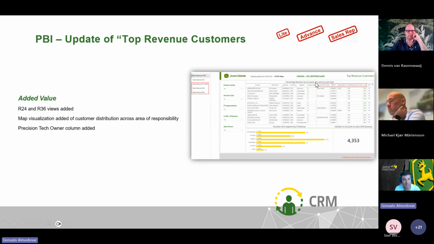So you can track many, many other things for the rolling 12, 24, or last rolling 36, plus a map. You have a nice map visualizing those customers, which represent for you the 80% of your revenue based on your primary one quotes,